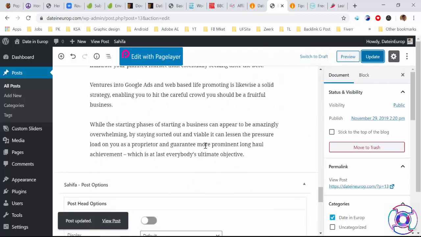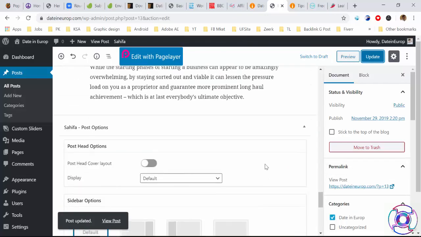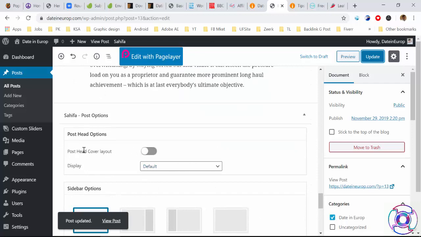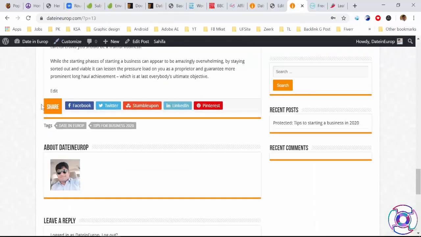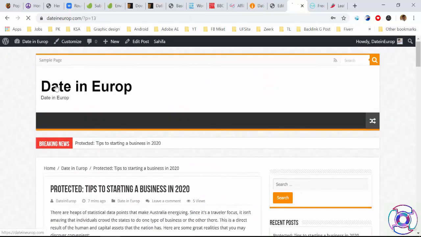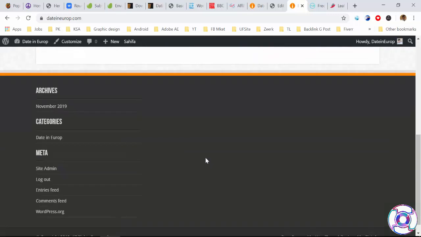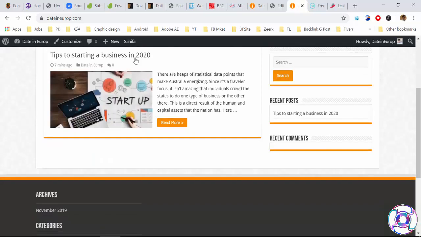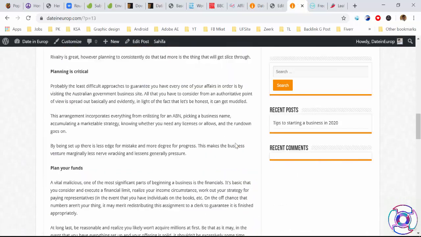Next we have the option for the post header, or we have a schedule, and I click on sticky to the top of the blog and update, and I'm going to click here. I need to upload another post, so let me check the other post.